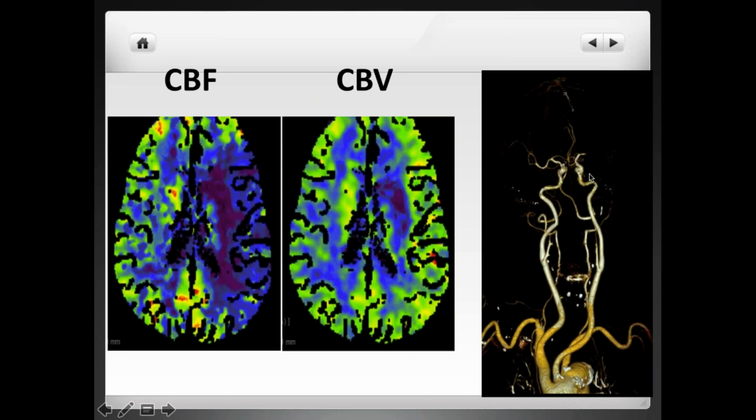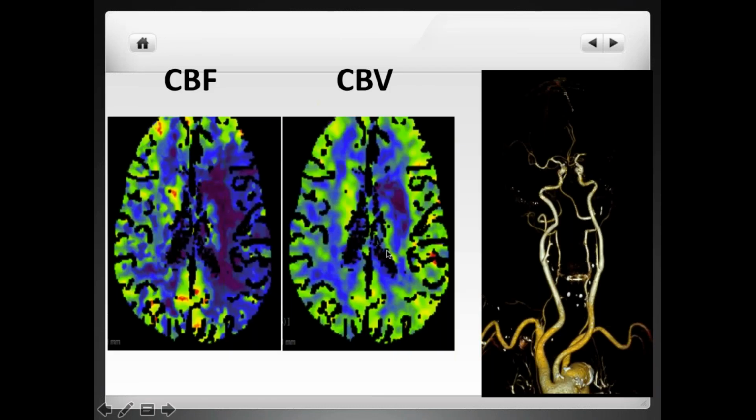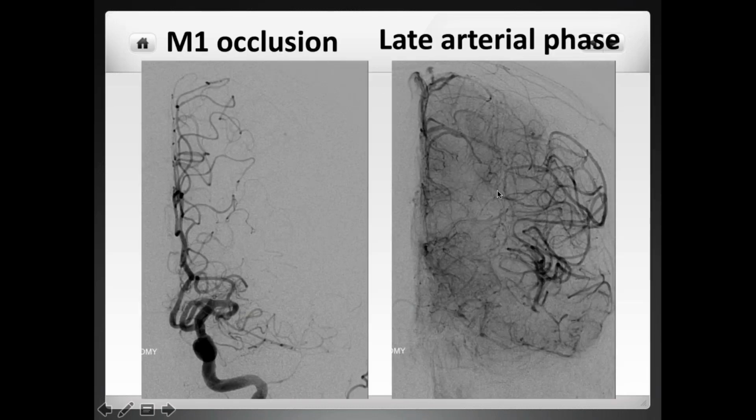As you can see here on the CTA reconstruction, you have an M1 occlusion here on the left side. Here we have the late arterial phase in this case showing the very large degree of collaterals, and I want to go back to those slides that I was talking about, collaterals in your brain. Here we are not surprised that this patient, despite being 93 years old, despite being probably more than 12 hours out of the occlusion, is still having a large amount of tissue that is alive, and that's all thanks to all these PL collaterals that are keeping the brain tissue alive.